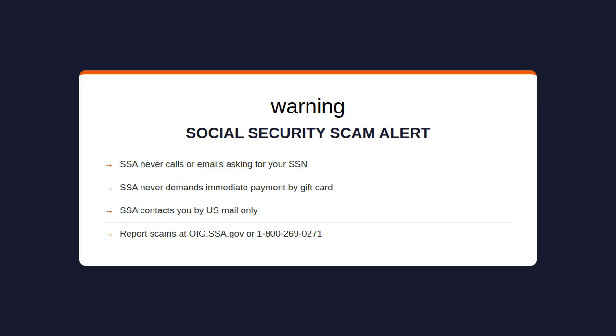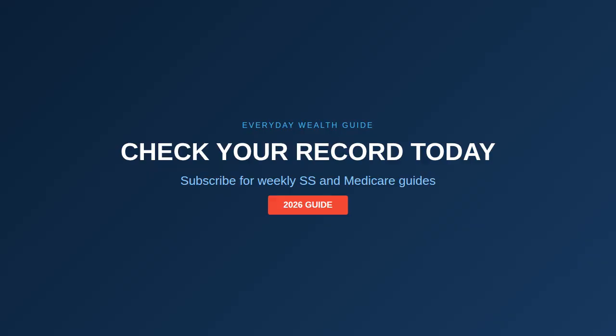Security tip: SSA will never call you, email you, or text you asking for your account credentials or Social Security number. If you receive any communication claiming to be SSA and asking for that information, it is a scam. The only way SSA contacts you proactively is by physical mail to your address on file. Report any suspicious contact at